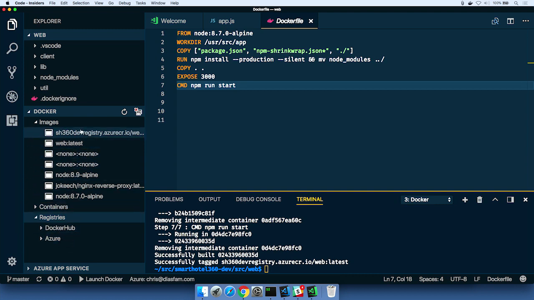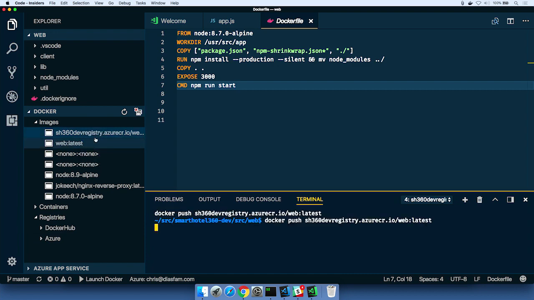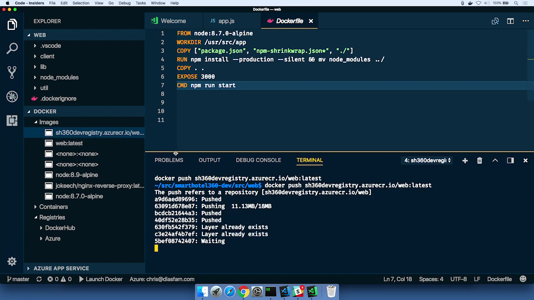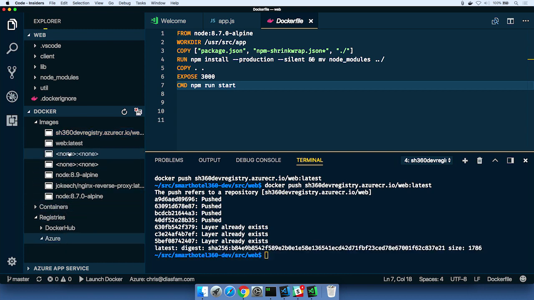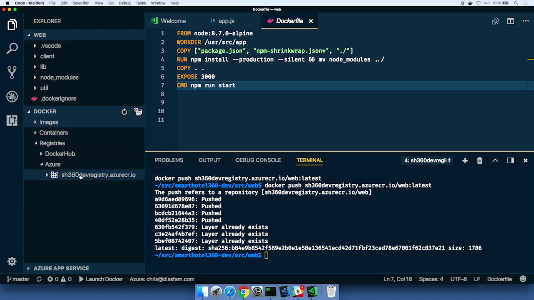logged into Azure. So to get this up in Azure, first step, all I have to do is say push. That's going to shell out to Docker push and push it up to the registry. Once it's up there, I can drill into the registry. Here's the registry that we pointed at, and here's the repository, the web repository. And here's the image that we just created and pushed up. This is the live view in Azure of my registry. So in order to deploy this, what I want to do is deploy it to